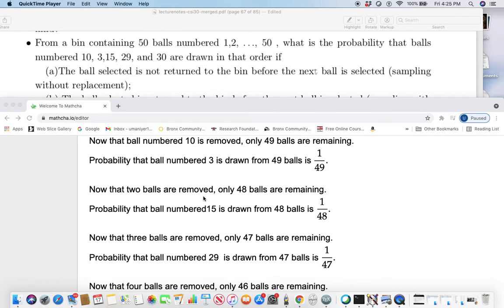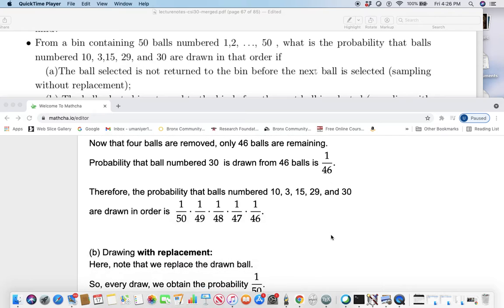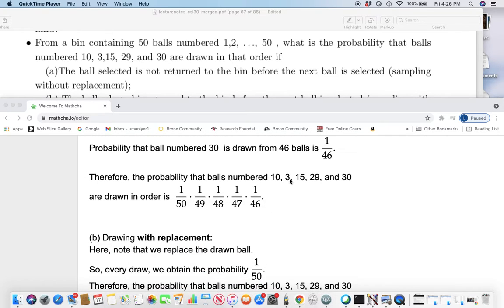Now that 2 balls have been removed, only 48 are remaining. You want to know the probability of getting exactly the ball numbered 15. Well, there is only one such ball out of 48, so 1 out of 48. 3 have been removed, so only 47 are remaining. What are the chances of obtaining ball number 29? 1 out of 47. 4 have been removed, only 46 are remaining. What's the probability of getting ball number 30? 1 out of 46. So the probability that balls number 10, 3, 15, 29 and 30 are drawn in order is